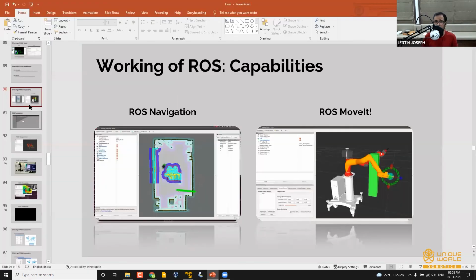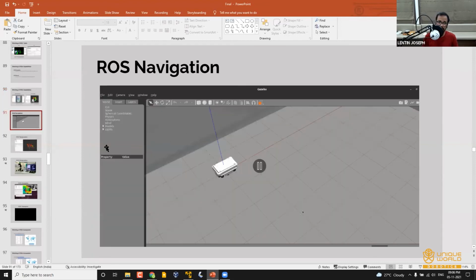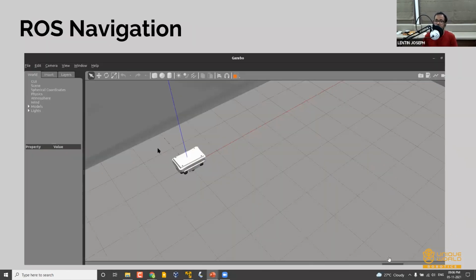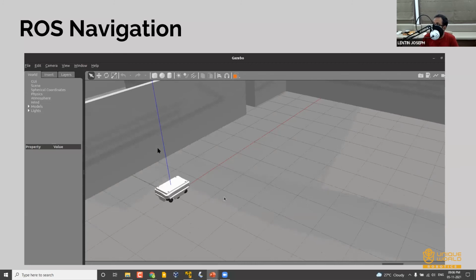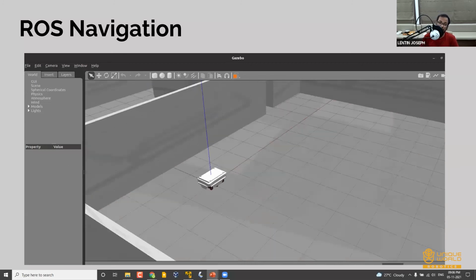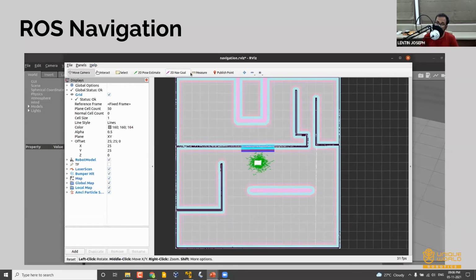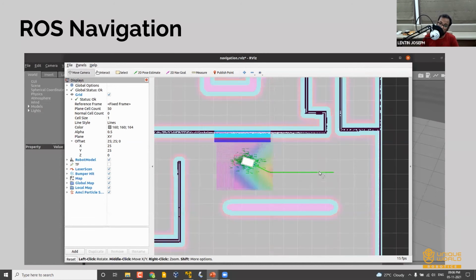The important thing that I want to emphasize is the capabilities. Just see this video. This video shows the most popular application of ROS, called navigation. This is how most students and people choose ROS.